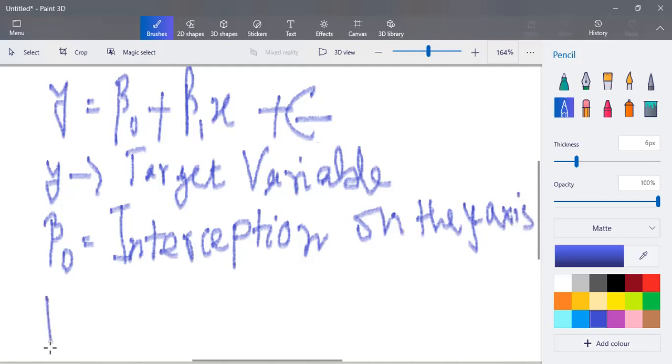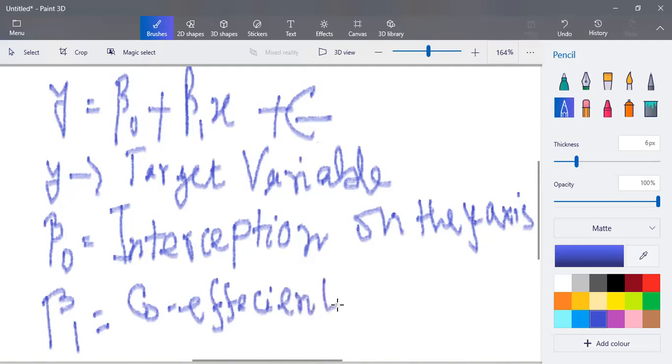Now beta 1 is basically the coefficient of x. That means